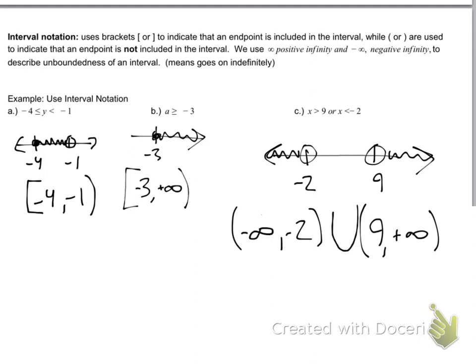An and statement would be this and that, and the only things that would work are the ones that are in both of the sets, and you would use the intersection. Is this like from the first day of